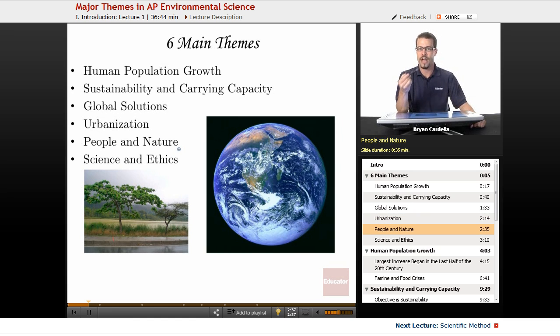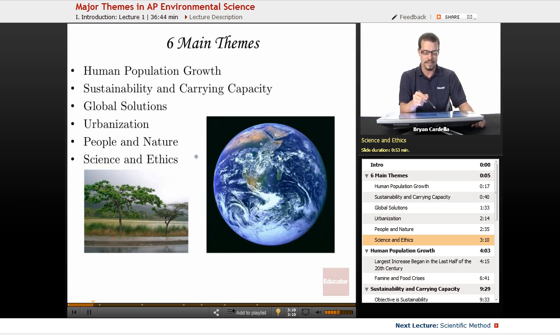People and nature. How we affect nature, how nature affects us. It's important to realize that even in an urban environment, that's still nature. We tend to think of it as something different, but we are just modifying nature and building structures in nature to suit our needs. And we have to think about potential consequences of doing that and having unchecked growth in urban environments, especially if we are using old technologies or technologies that are not efficient in that particular setting.